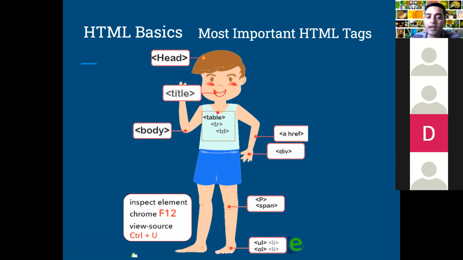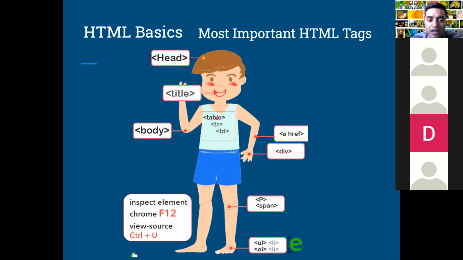When you are creating a structure, we use table or div. What is the code for a table? The table tag. Inside that we should create a tr and a td. All of these should be closed. If you write this code in your page, you will get a box like this. This is a table, right?